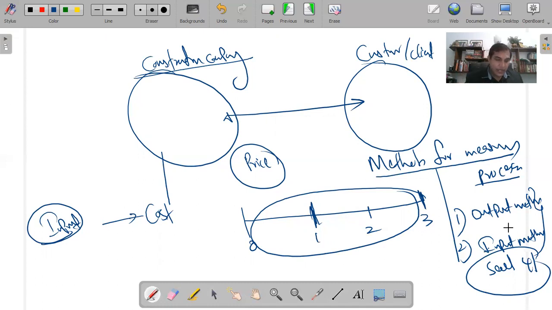Trust me, for construction companies like this, the input method is more appropriate than the output method, because entities incur cost in order to complete the performance obligations, right? So you need to read section 41